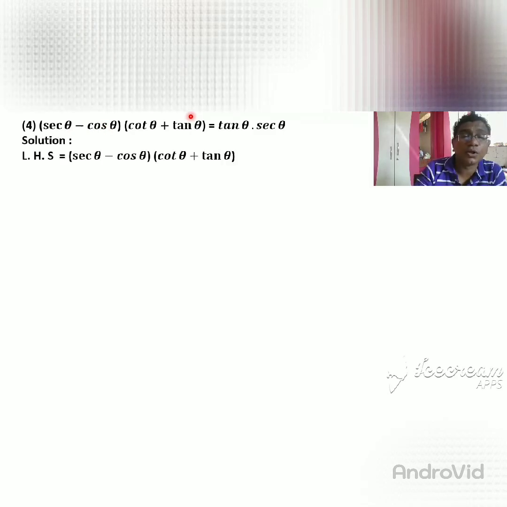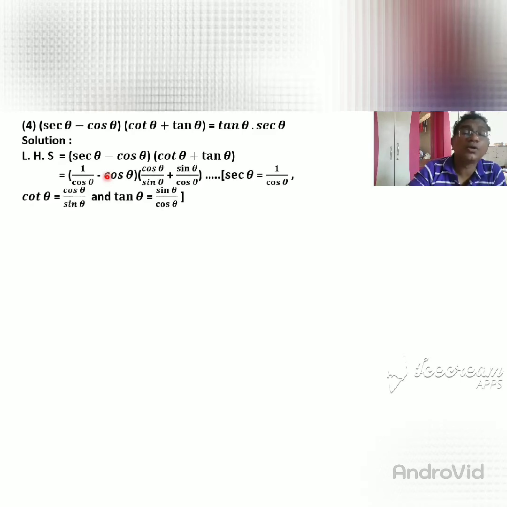How can I solve? So see, here is written this left hand side: sec theta minus cos theta into cot theta plus tan theta. So sec theta is equal to what? Sec theta is equal to 1 upon cos theta. So I write here sec theta is equal to 1 upon cos theta, minus cos theta, is equal to then